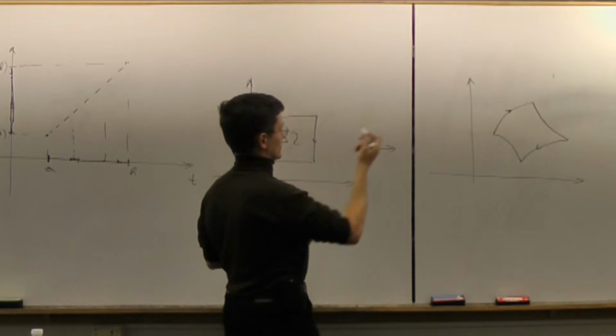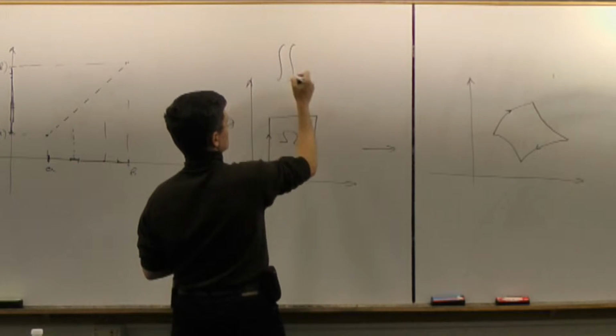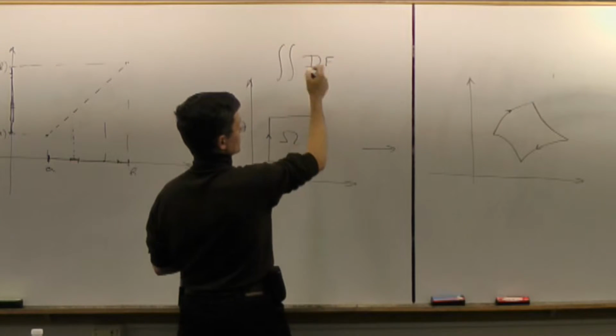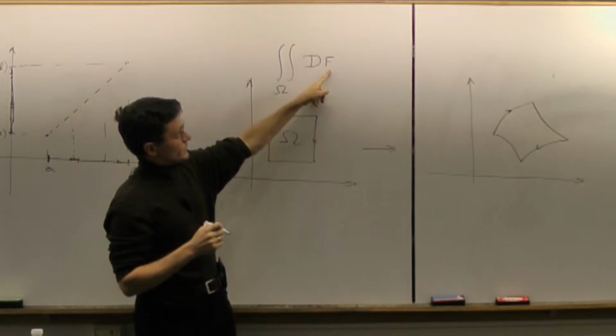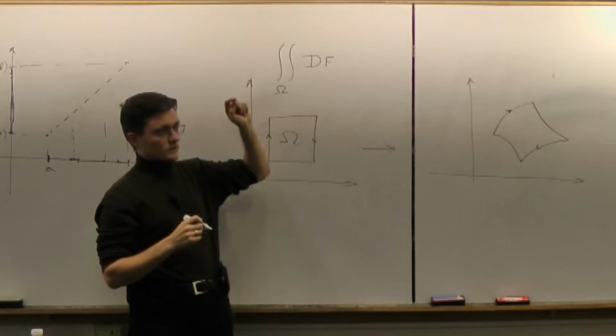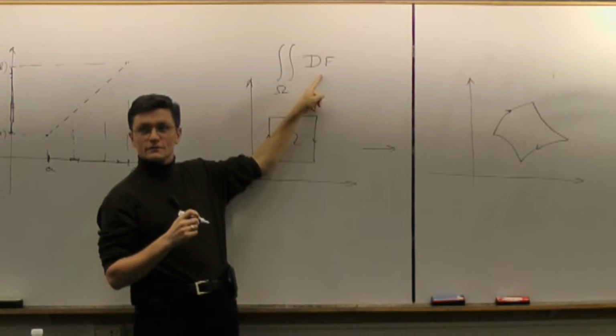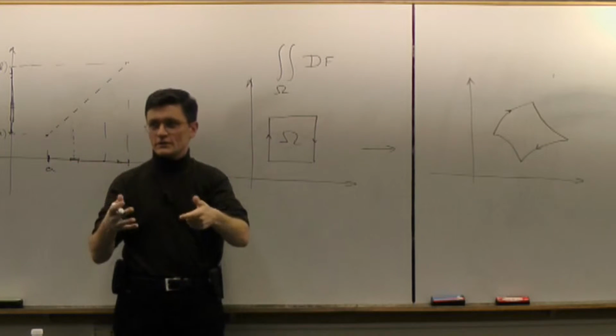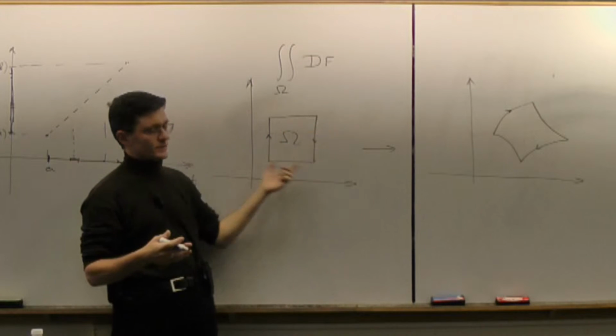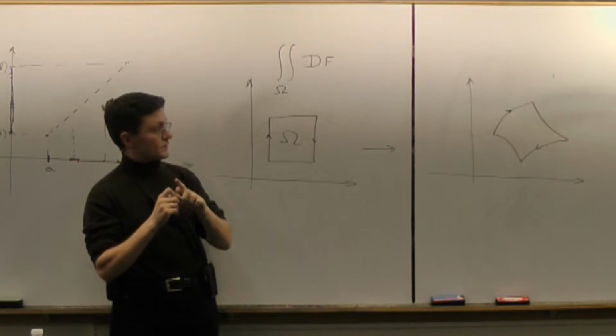Right, so this integral over the whole region for a vector field f, it's going to be an integral of a matrix, right, 2 by 2 matrix. And then integral of a matrix is going to be a matrix again, so it's 2 by 2 matrix as a result. Basically, that matrix tells you that